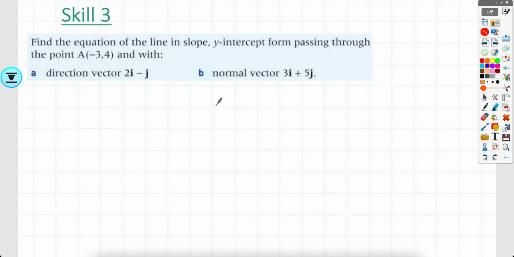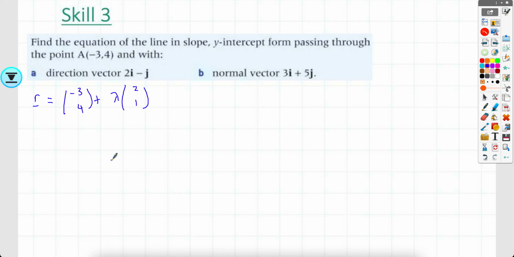All right, another skill is, if I'm given the equation of the line, I need it in gradient intercept form, and it passes through this point, but I'm given two different descriptions. One, that it has this direction vector, and another is that it has this normal vector. The first one is fairly simple, repetitive. We've done this, so (-3, 4) plus lambda (2, 1). So make sure that you write this in component form if you want to. You can write it in algebraic form as well if you need to, but then they need it